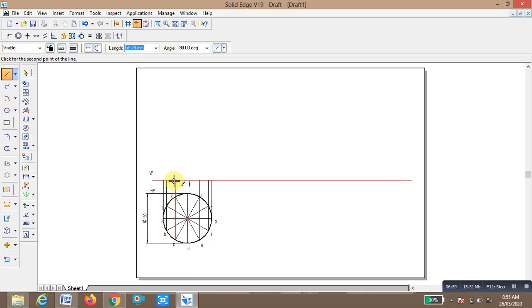This is the center point, okay. So this is how we are going to draw the projection of the cylinder on the XY line. Now, this is a cylinder, which means the given height is 60 mm. Go to the line command, same. So this is the extreme end.